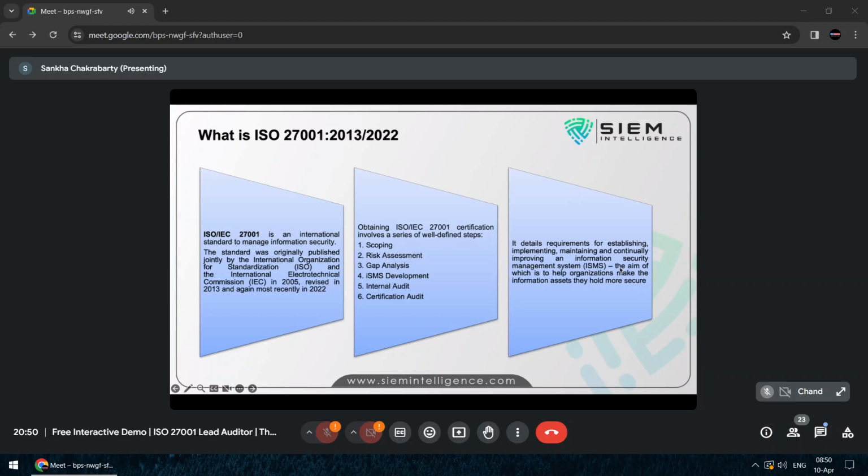Now I tell you guys, when you learn how to implement ISO, how you can do an internal audit, how you can do an external audit, there are lots of opportunities. If I talk about Indian companies, around 90% of the companies, be it in the financial sector, manufacturing sector, pharmaceutical sector, or banking sector, all of them are opting for ISO. Because nowadays, especially for the FIs, that is financial institutions, the RBI guideline says that you have to do a SOC 2 Type 2 or the ISO series audit, ISO implementation.